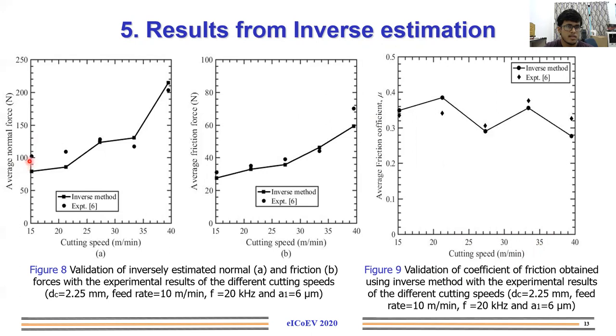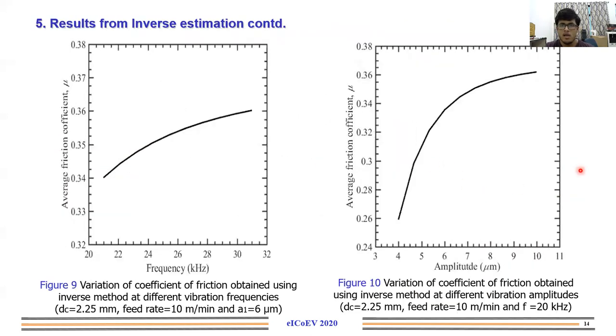What you can see over here is that the dots represent the experimental model, and the dots have a 20% error from our line model. The line model represents our theoretical inverse model, thus predicting that our model is in fact better and does some improvement in the results of the experiments. Thus, we should use this model in industries to calculate the frictional coefficient, thereby helping us in designing of the UAT process. To further support our model, we have also plotted the friction coefficient against the frequency and the amplitude, showing their variation with the change in frequency and amplitude.